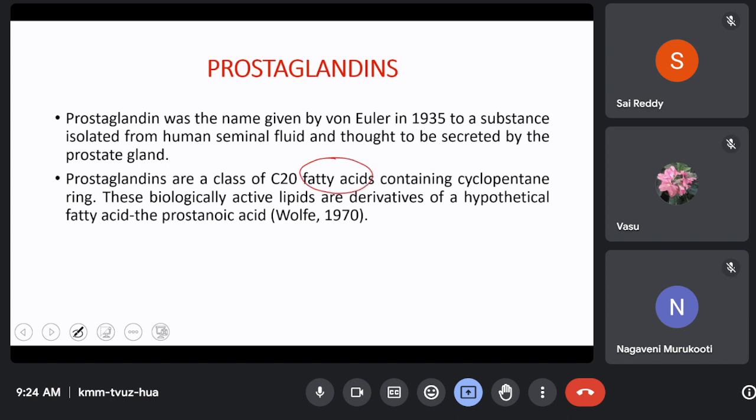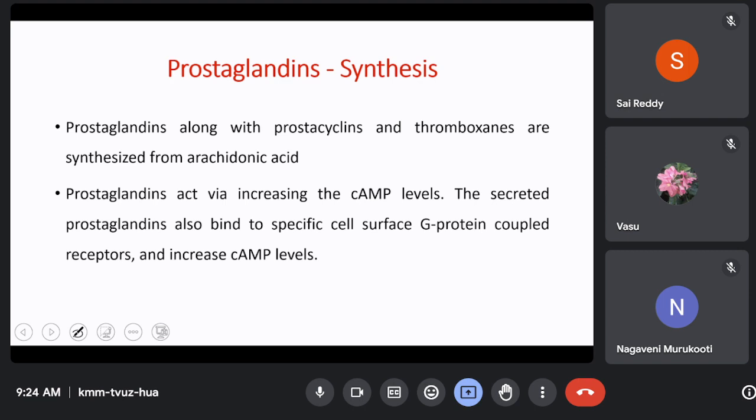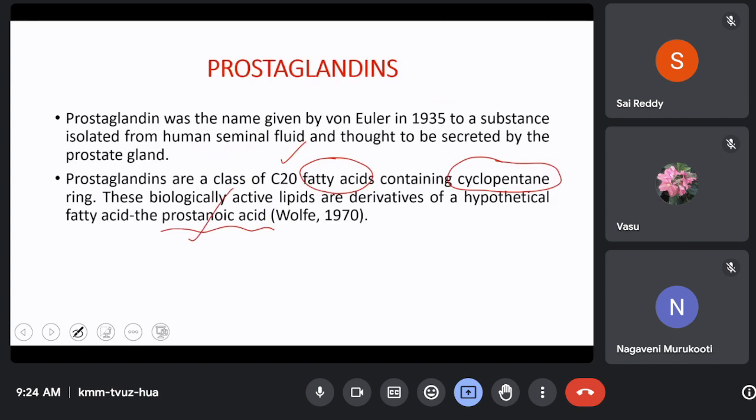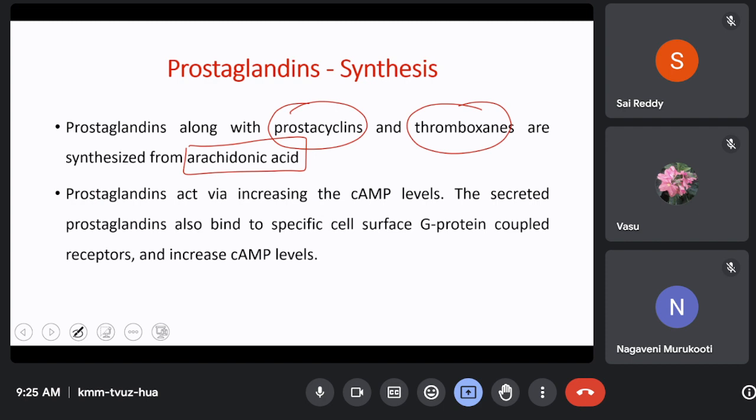These are fatty acids. Simply, what are prostaglandins? They are fatty acids containing 20 carbons. In their chemical structure, they show a cyclopentane ring, and they were said to be derived from a hypothetical fatty acid, the prostanoic acid, according to Wolff in 1970. But later it was found that they are synthesized from arachidonic acid. Prostaglandins, along with prostacyclins and thromboxanes, are synthesized from arachidonic acid. Previously it was called prostanoic acid, a hypothetical acid which is not known to anyone. Now we can surely say that the literature says it is synthesized from arachidonic acid, along with prostacyclins and thromboxanes. That means arachidonic acid gives rise to prostaglandins, prostacyclins, and thromboxanes,